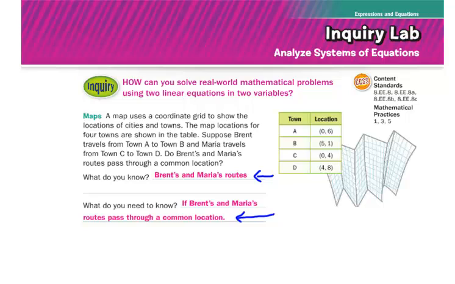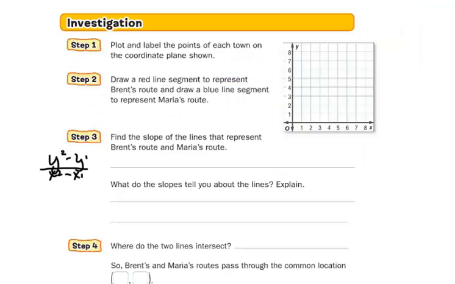So using our coordinates indicated on the table, let's plot those points and label our graph. Take a minute, pause here if you need to. You don't need to use a red and a blue line if you don't have colored pencils, but just label